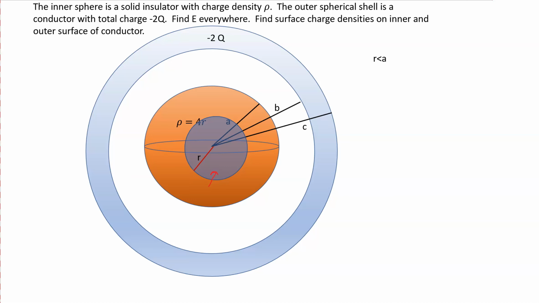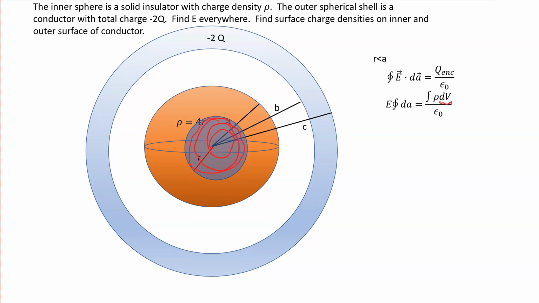So the first step is we write down Gauss's law. We always write the integral of E dot dA is Q enclosed over epsilon naught. What's Q enclosed? It's the portion of all of this charge that is inside of this sphere. So obviously it's not all of it, it's just the chunk that's inside that sphere. If we want to calculate that, then we need to integrate over the volume of that Gaussian sphere. Just to be clear, this dV here refers to the volume of our Gaussian surface,